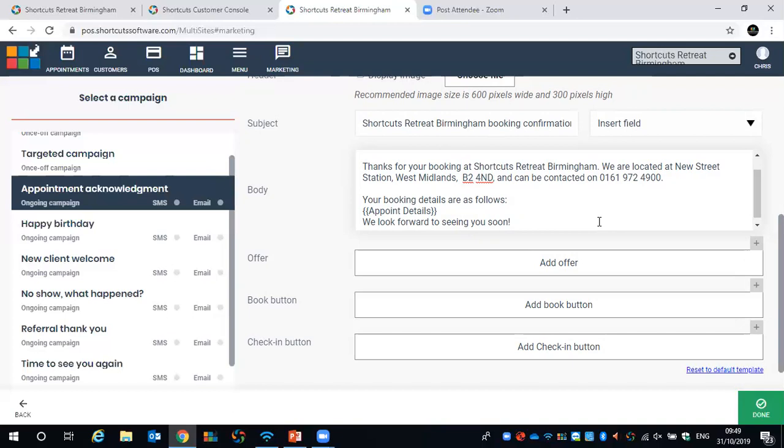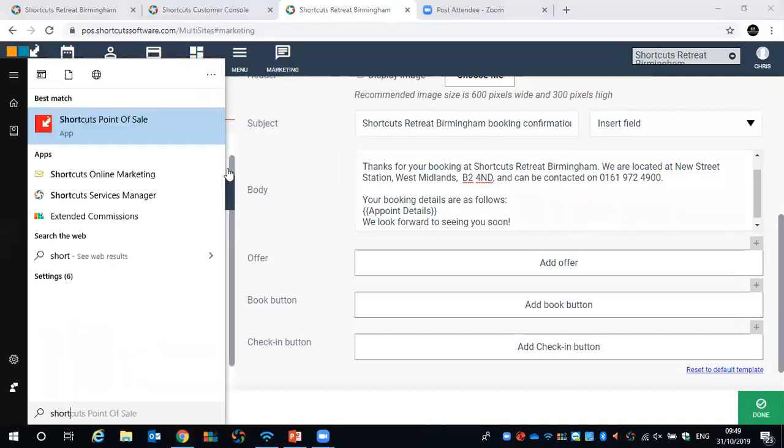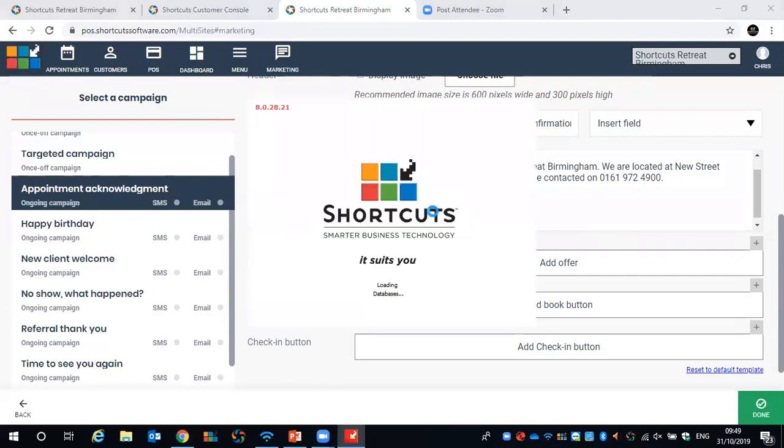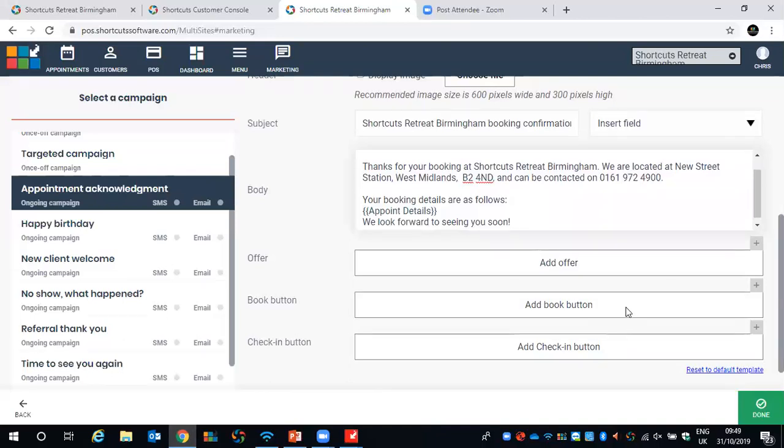Okay, so what I will do, I will just open up my Shortcuts just in case anybody does have any questions regarding that. Is everybody okay with creating discount reasons, that kind of thing? I would definitely recommend maybe creating them in the configuration just in case, just so you can link them across. Perfect. Okay, so if you did want to add an offer in, all you would need to do is simply